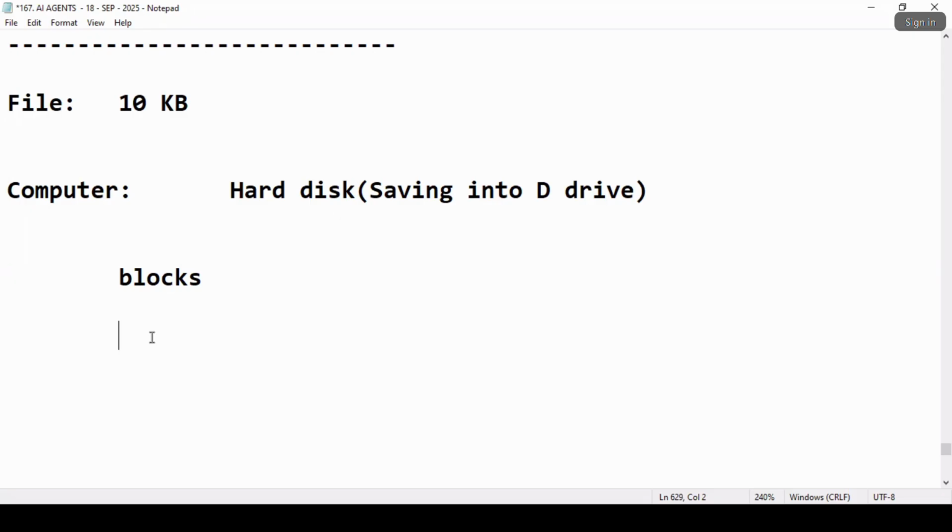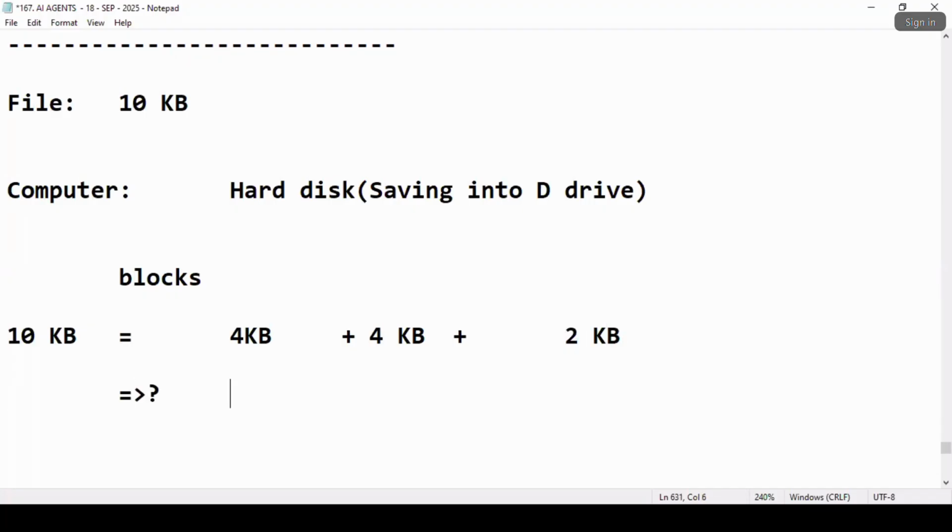Then the total 10 KB will start being divided: 4 KB plus 4 KB. The next one again 4 KB. What is the remaining? Exactly 2 KB. Now the backend will start storing like this.